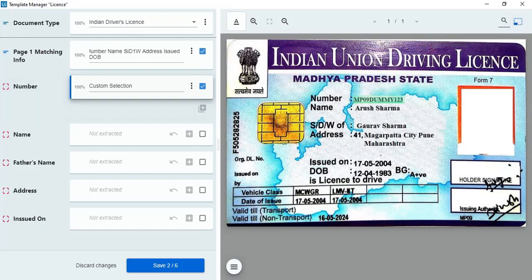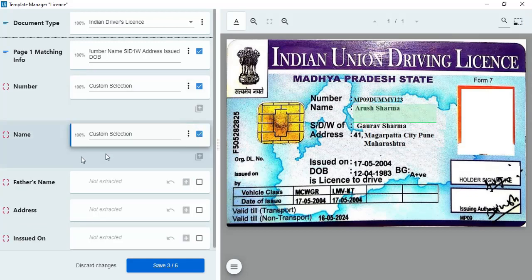Next is name. This entire box for name could be there if it's a longer name. So I am scanning this complete area here, custom area, click on this positive sign. Father's name, go back to the license, select this, done, map it to the father's name.